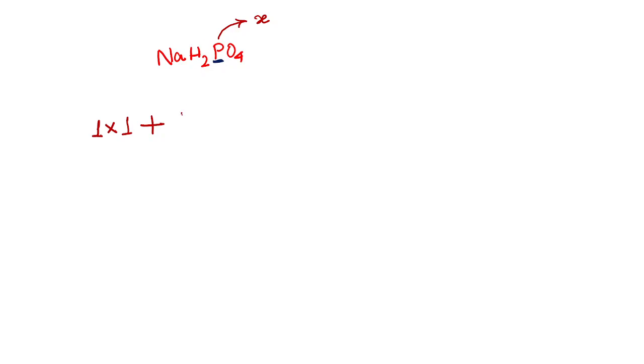2 hydrogens, so 2 into the charge of hydrogen, which is 1, plus how many phosphorus? Only 1, and the oxidation state of phosphorus is unknown to us. So we will write it as X, then again plus, how many oxygens are there? 4, and the charge of oxygen is -2, and since it is a neutral molecule, this will be equal